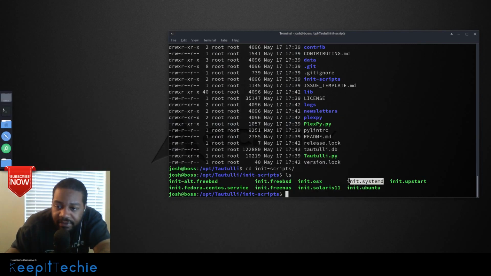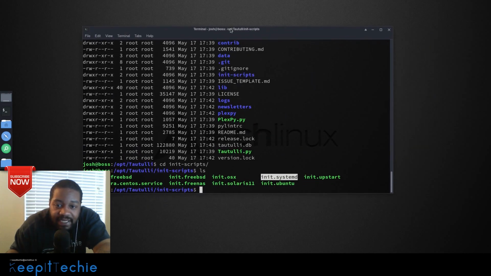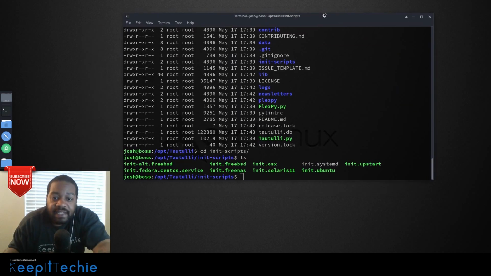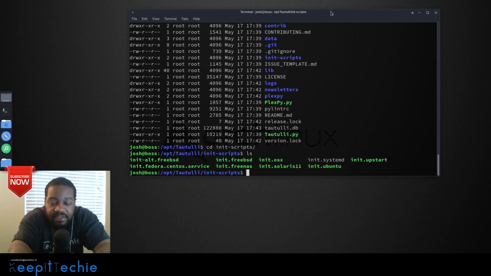All right, so this is what we need right here. Since we're using Ubuntu, this is the default script that we will use to create this as a service. So what we need to do is copy that to a specific directory, and that directory is the lib systemd system, and then we got to drop it in there. So let's go copy, and actually we have to do sudo cp the init.systemd file, and then we want to copy that to the lib systemd system,